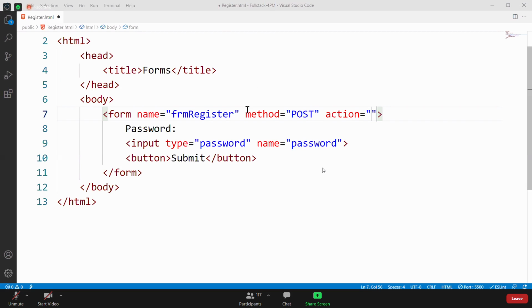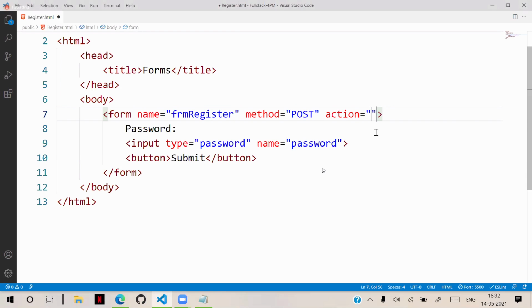Now here, action indicates where to submit the data. Some server-side technologies, we generally use server-side pages. Don't worry, later you will learn. Like our page will be .aspx, .php, .jsp. All these are dynamic pages actually.